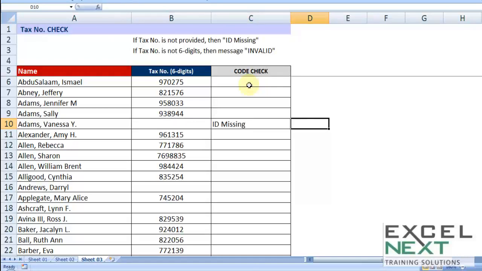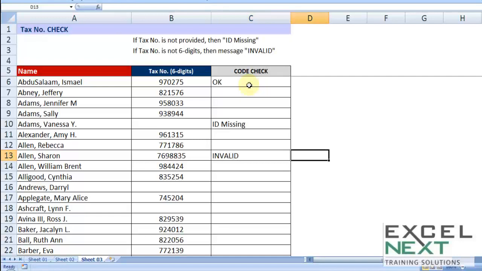If the 6-digit is properly given there, it should be simply saying okay. And if it is anything other than 6 digits, let's say 7 digits or 5 digits or even 8 or 10 digits, it should show invalid.